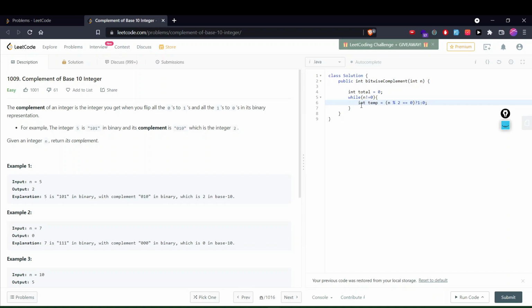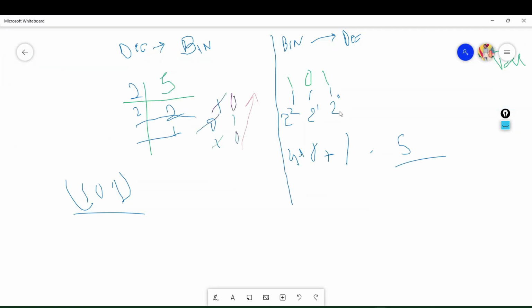Okay, so now we have the remainder in the temp variable. Now we will start adding this up in the total. I'm using this shorthand. We will multiply temp with a power variable, and after that we will add this to the total. I was also talking about multiplying by 2 every time, so the power of 2.